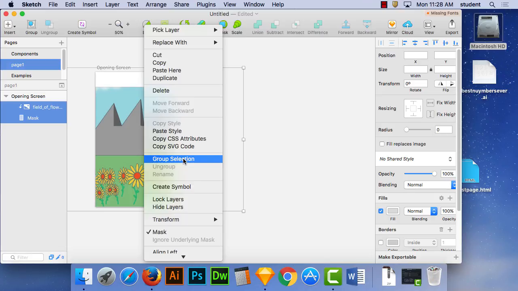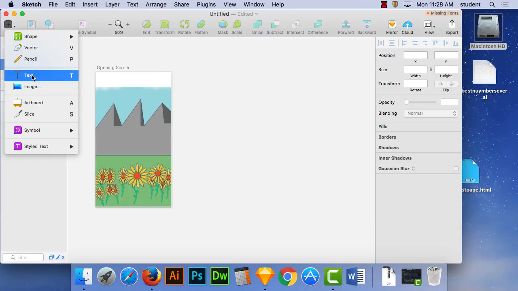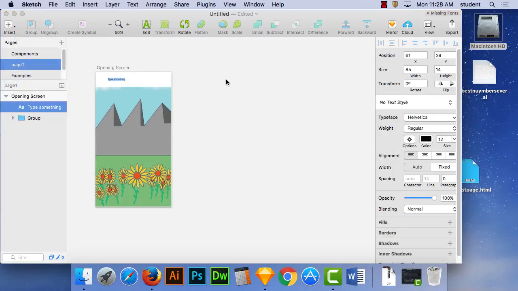Group selection. Okay, let's see. If I group it, then I put my text in there. Let me try putting some text in now. Yeah, then it's not masked. And one of the things you'll notice is as I put my text in,